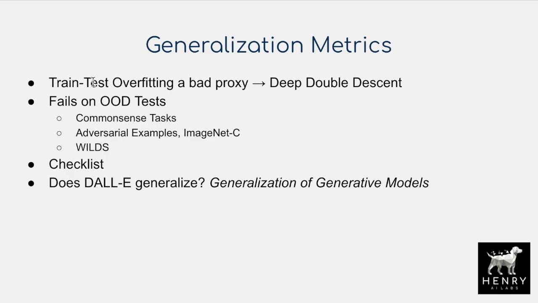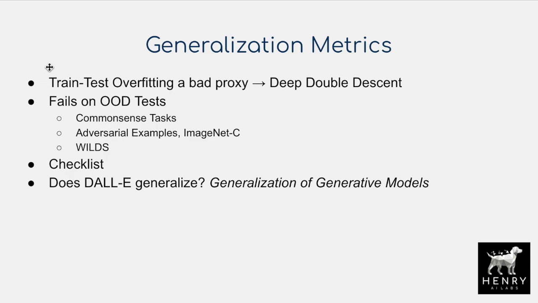So the previous approach to this was having train, validation, test data splits. You train your model on the train set, you do hyperparameter optimization with the validation set, and then you report on the test set, say accuracy, or F1 score if there's class imbalance in the data. Use these kinds of metrics to get a sense of how well generalization is